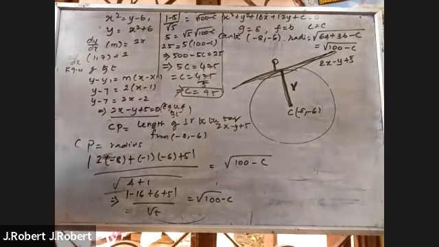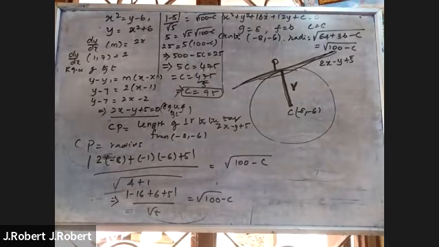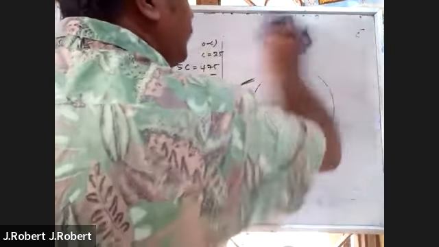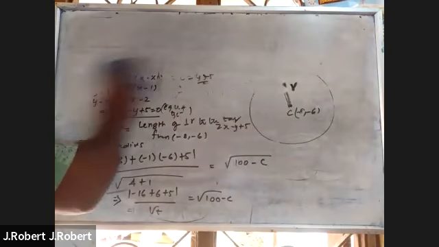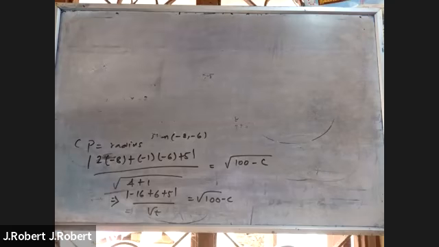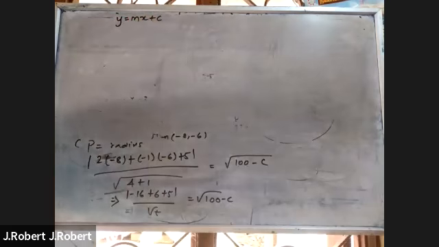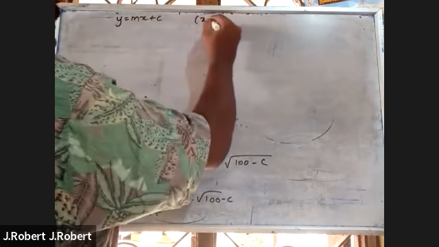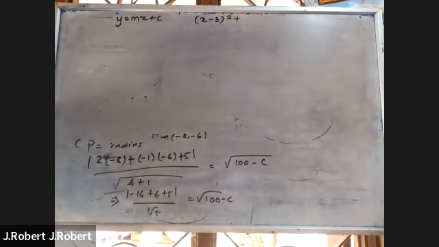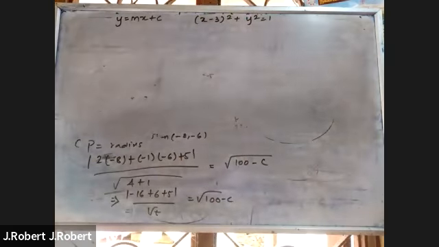Next one, please see the next one. If the line y equals mx plus c is a tangent to the circle (x minus 3) the whole square plus y squared equals 1,